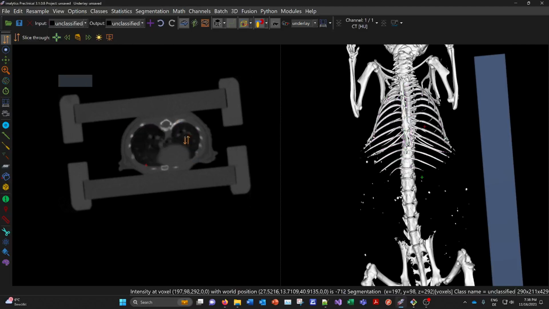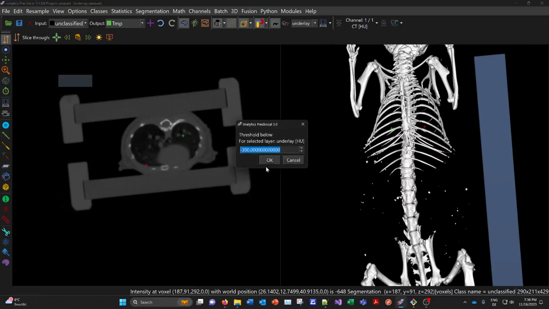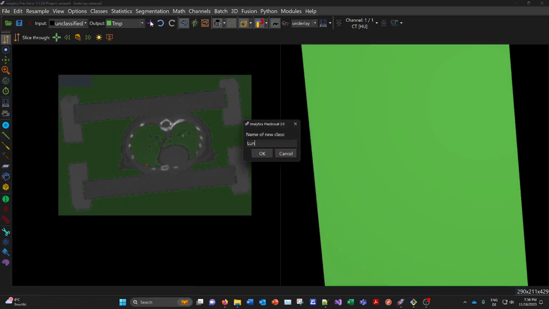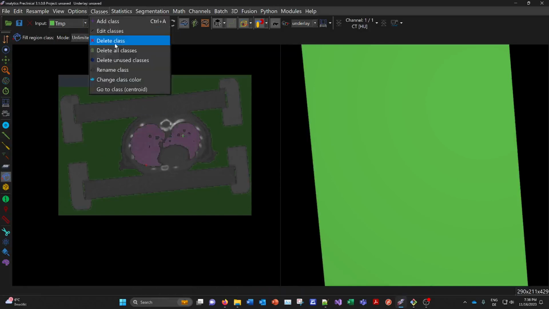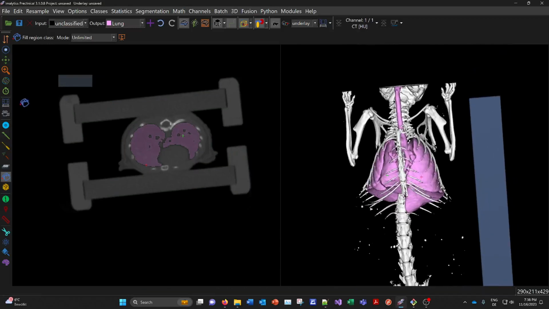So let's delete the lung and segment it again by performing a thresholding into a temp region. Here everything below minus 300 Hounsfield units, and then we add a lung class and pick this connected component and then delete the temp class. So now we have the lung, and we can cut off the trachea here in 3D,